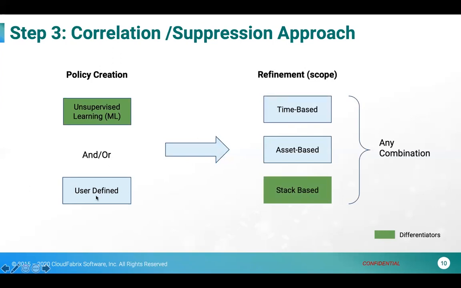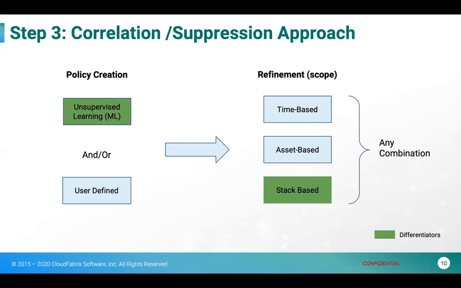But how do I group it in a way that I can route it for a specific service, or for a different data center, or infrastructure versus application, depending upon how your organization is built? You need to have flexibility on how to define that scope. So that is where these attributes come in, either stack based or alert type based, or a time window, which is very important. For example, I can say I observe alerts coming over a period of 3 minutes or 5 minutes.